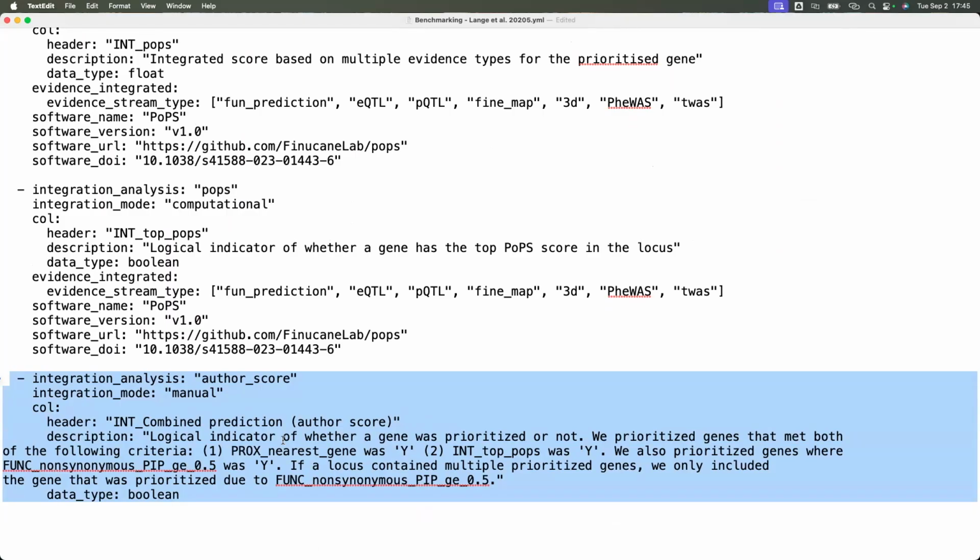Is it the nearest gene and has the top pops? Okay, then we prioritize it. We also prioritize stuff that has a high pip coding variant in it. If there's a clash between those two, we take the coding variant. So I explained that in plain text, and then listed the data type as Boolean. I actually wasn't sure if it was Boolean, logical, how you want that represented, but in the actual peg matrix, it's listed as a Y or an N.